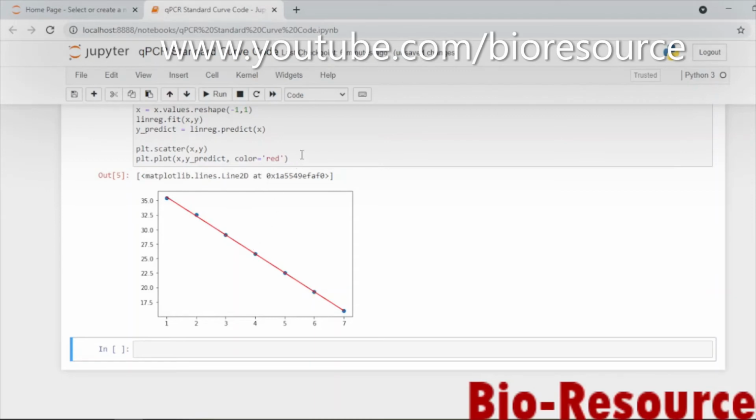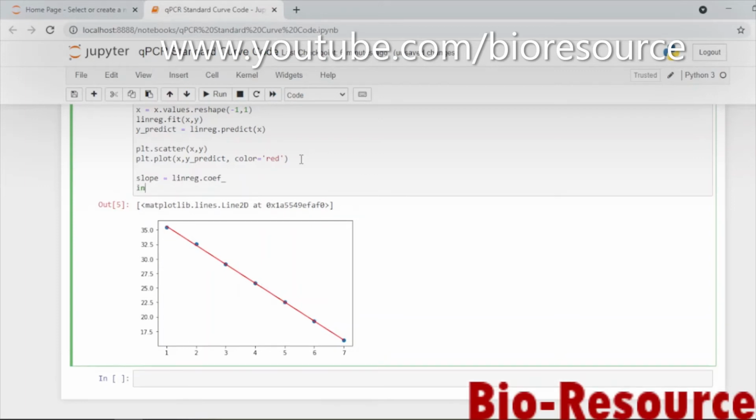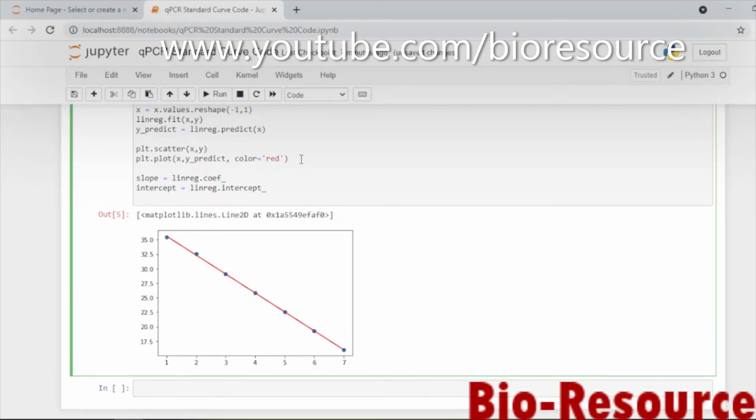But slope and intercept values are not there. To calculate slope, we can use this. Slope is equal to line reg dot coefficient. So this is the function for generating the slope, and intercept is equal to line reg dot intercept, and we need the r square value also.